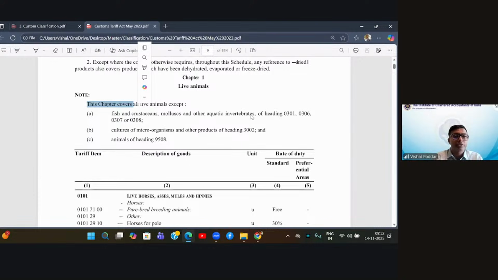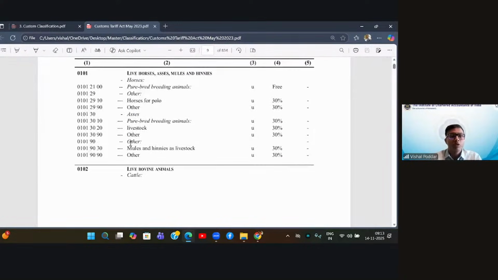And many times when it is saying it will cover or not cover, it is also giving reference to the respective numbers where it will be covered or where it will not be covered. Like here it has said animals of heading 9508. So it has gone up to chapter 95 also. So you have to understand